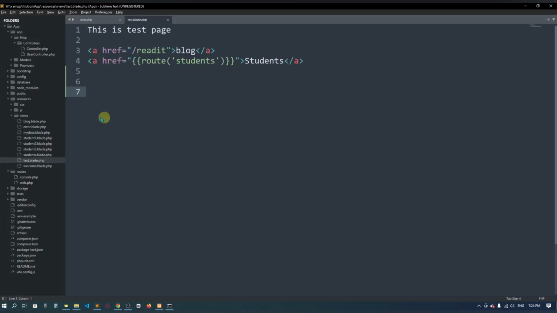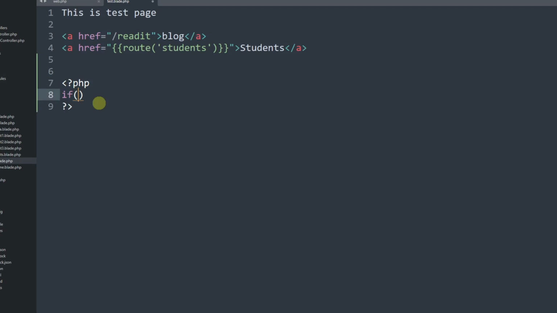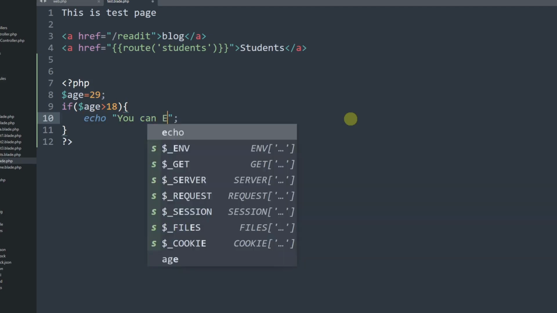So this is the page, and here let's say I want to show the if else statement at first. So in PHP we have to write like this, the PHP syntax, and here we have to use an if condition. Let's say I want to give a variable $age equal to, let's say, 29, and here I'm going to say if $age is greater than, let's say, 18, I'm going to say echo